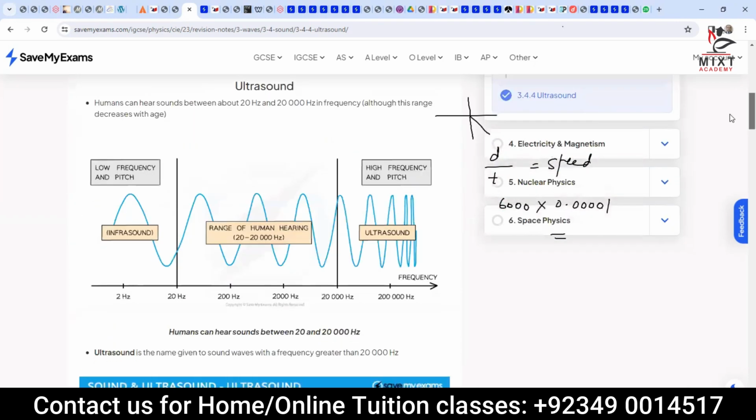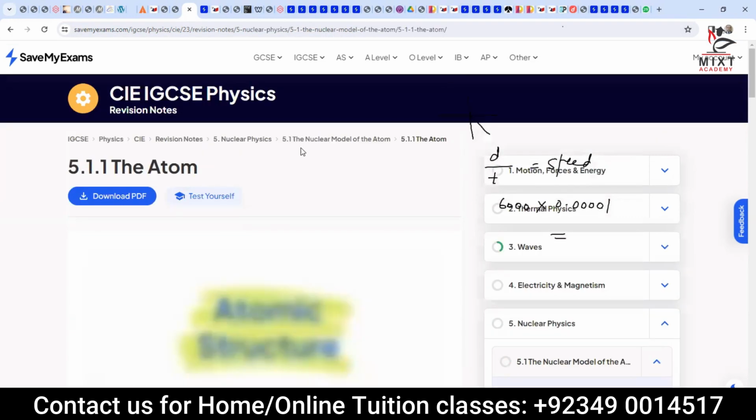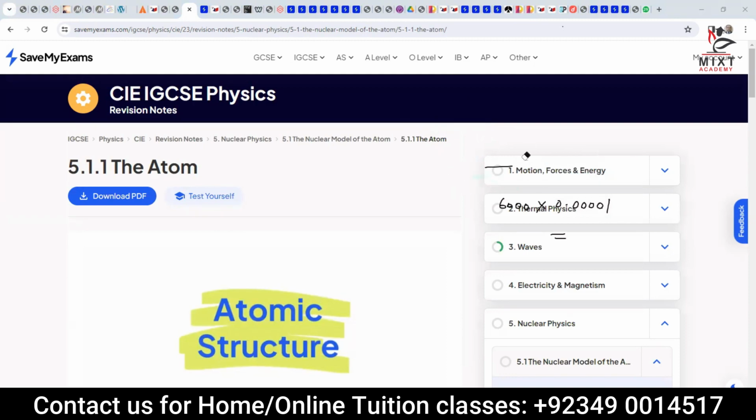Now, if everyone copies this, I'm going to start a new chapter as well. That is called nuclear physics from today. And today we will just have a very basic idea of what exactly nuclear physics is. First of all, the very basic idea for today is that every single element present in this world has a smallest entity called